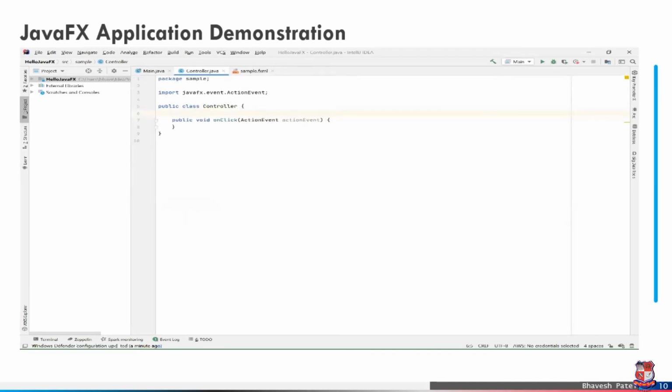For the counter, create one integer variable, count.